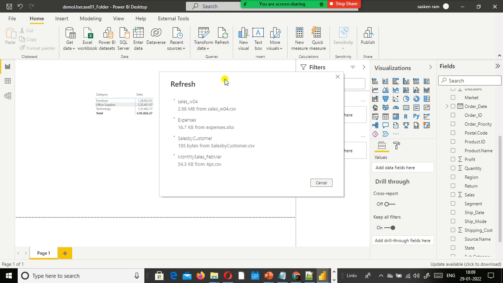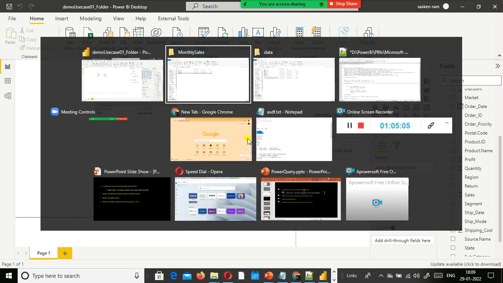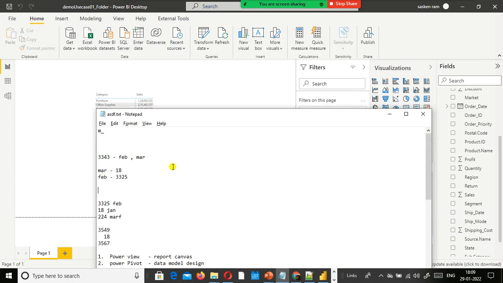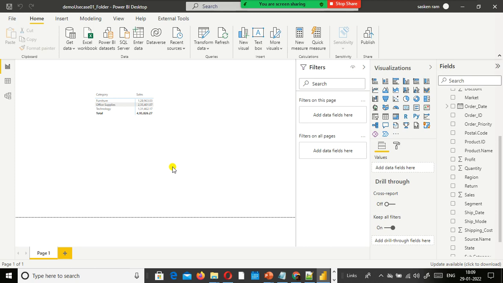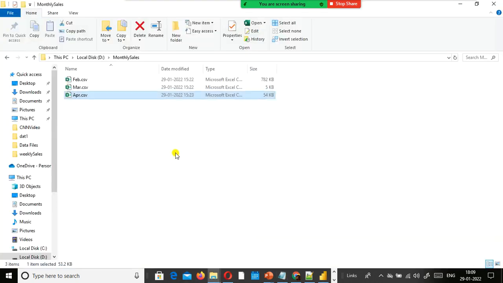Because it has to connect to that folder, we don't have to worry about other files. We need to look at this one only. So office supplies we are getting 495,826. Earlier how much was it? One second, 49,526. That is less because it has a very small number of records.